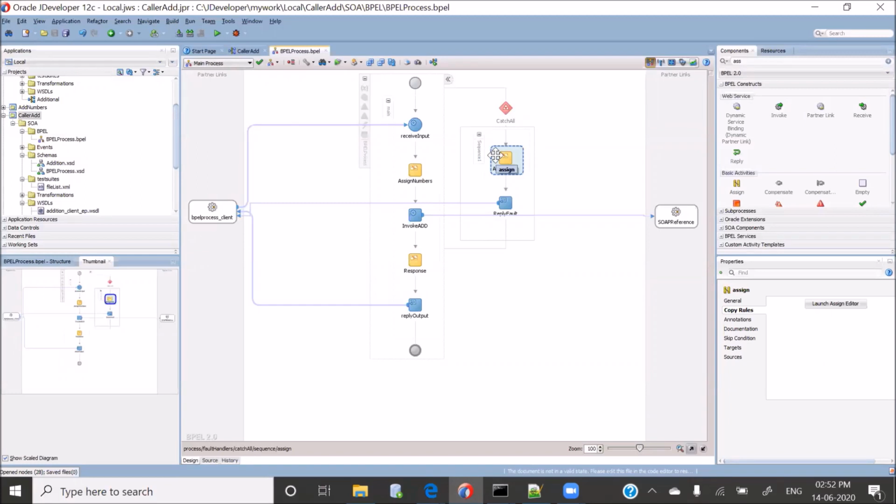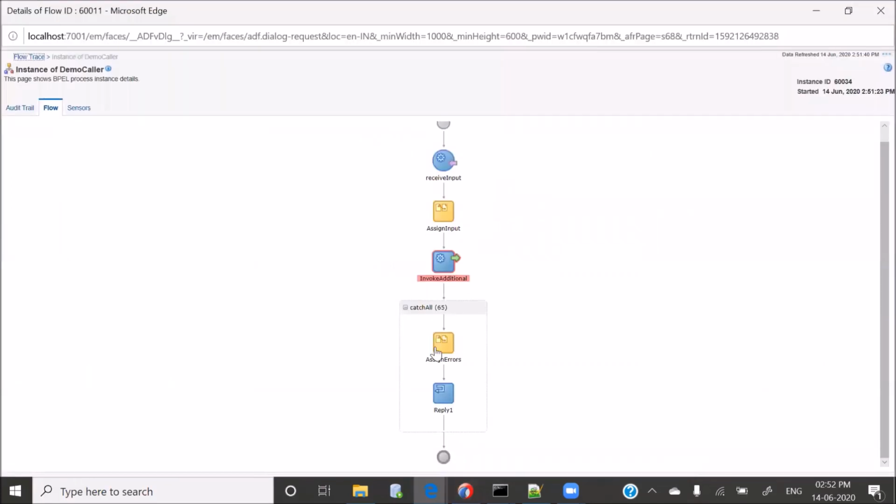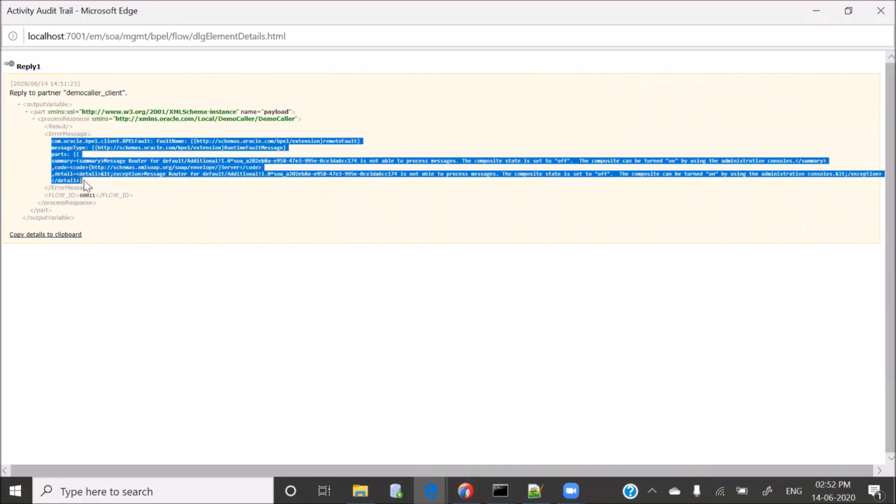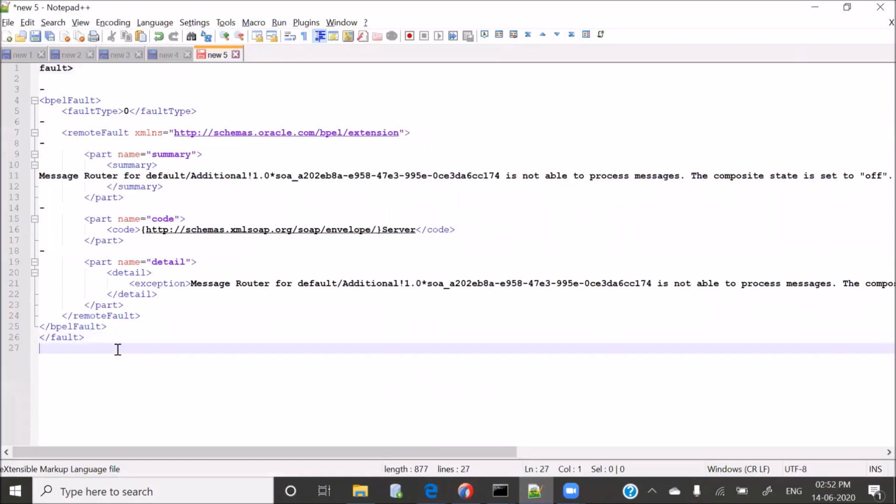Okay. Inside the catch-all block, you are using the assign activity, and inside that you are using the functions to catch that error as well as the flow ID. So in the reply block, let me just copy paste the same thing and we will compare it. Earlier we got this particular error.